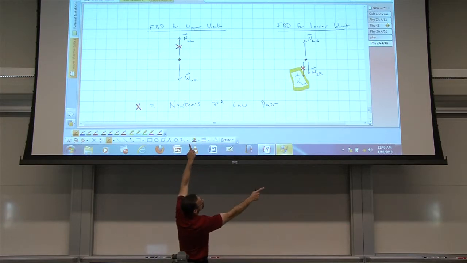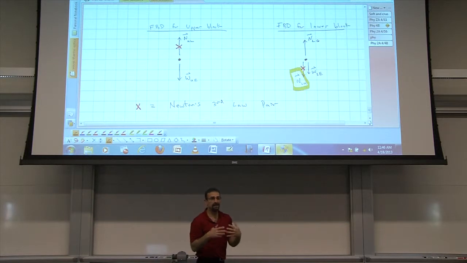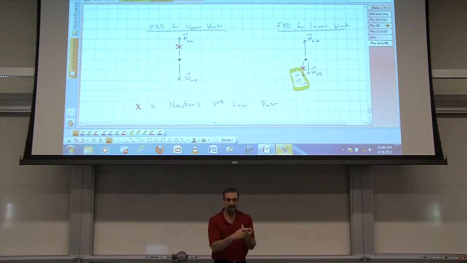Your Newton's pair always have to be in different free body diagrams, because the free body diagram is only the forces on that object, and in a Newton's pair, the forces are on two different objects, each due to the other one. Okay? They have to come from the same interaction. All right, so